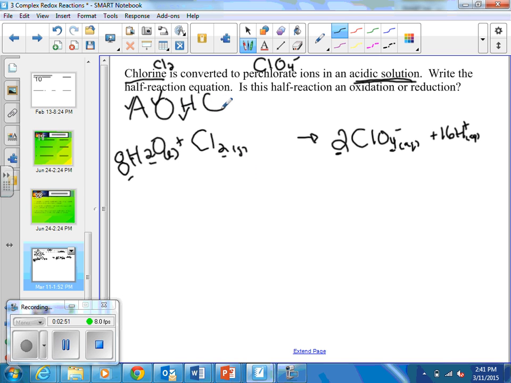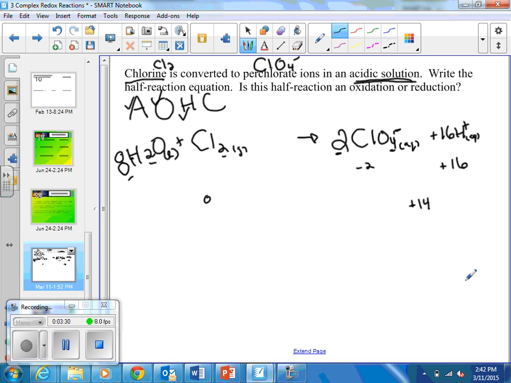Last step is the C, which means charge. So now that we've balanced all atoms, oxygen atoms, hydrogen atoms, last step is balance the charge. The total charge on this side, the waters are a charge of 0, and the chlorine gas is a charge of 0. So the overall charge on the left side is 0. On this side, I have 2 times -1. So I've got -2 here with the perchlorate. And then I have 16 times +1. So I have +16 from the hydrogen. The overall net charge is going to be